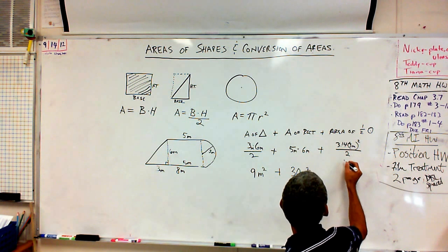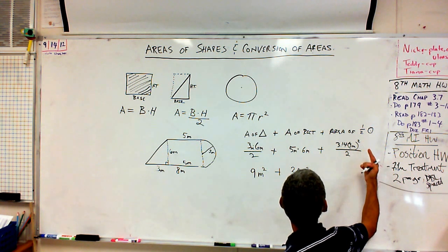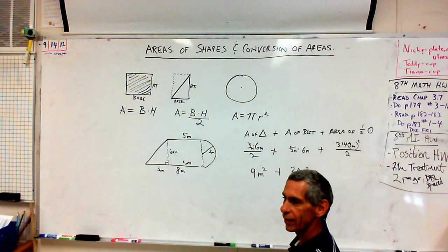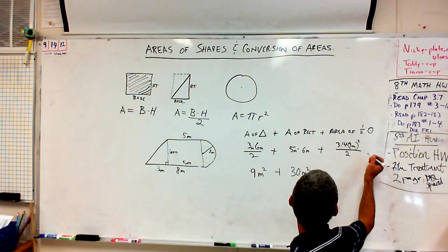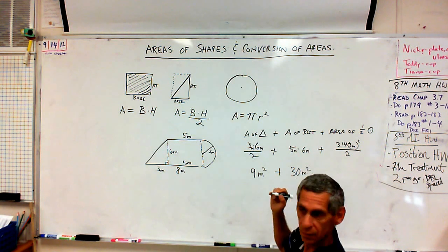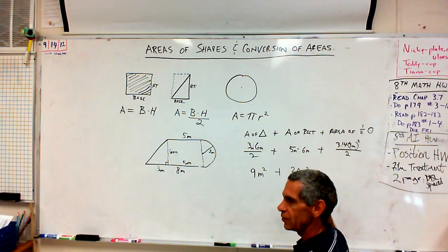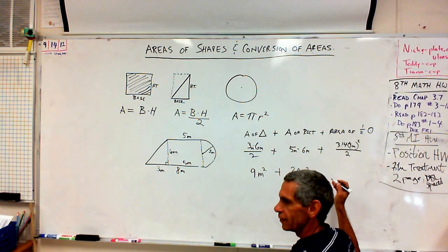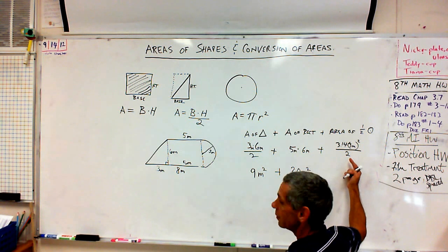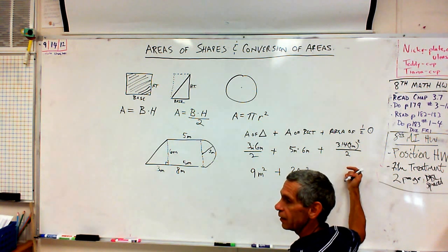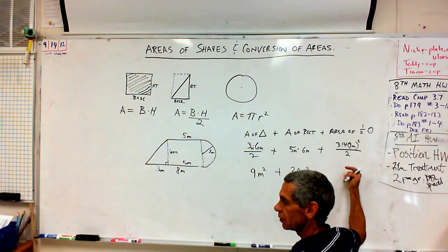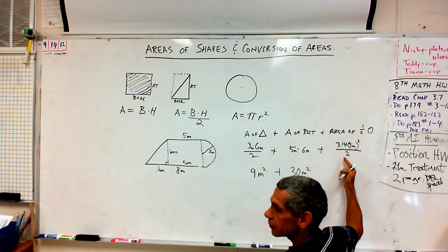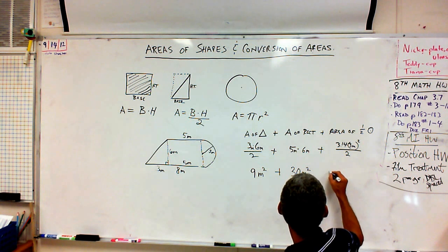We'll say 9.42 times 9. Who knows that? I have a calculator. 9.42 times 9, whatever that is. Many steps. Wait, 3.14 times 9, divided by 2. It's 14.13. Okay, plus